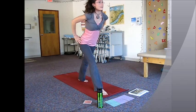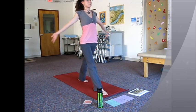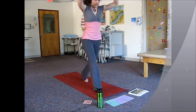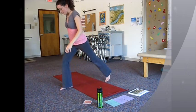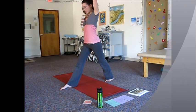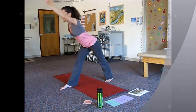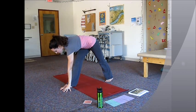With your inhale, we're going to make our way back up to standing. Sweep the arms up. Now on your exhale, drop the right arm down and just lengthen up through the left arm. We're going to take an exhale, hold from the hips, drop the left hand down toward the floor,